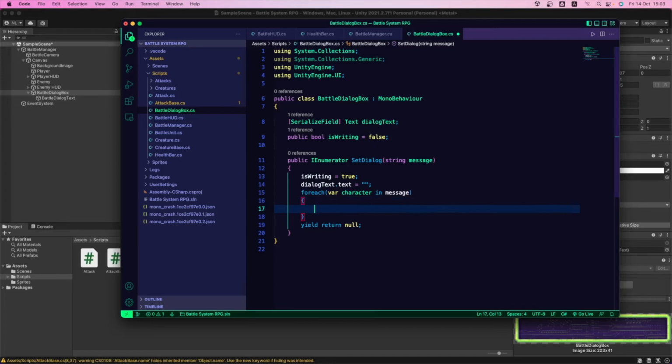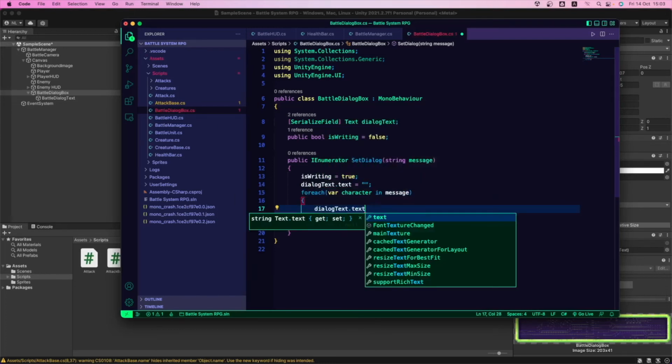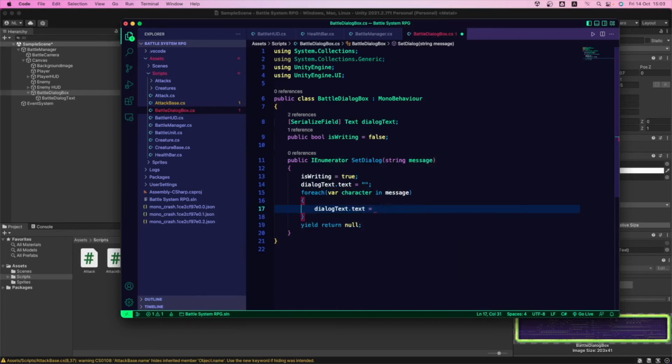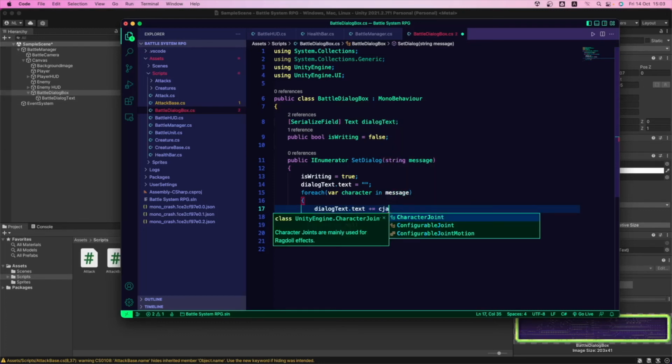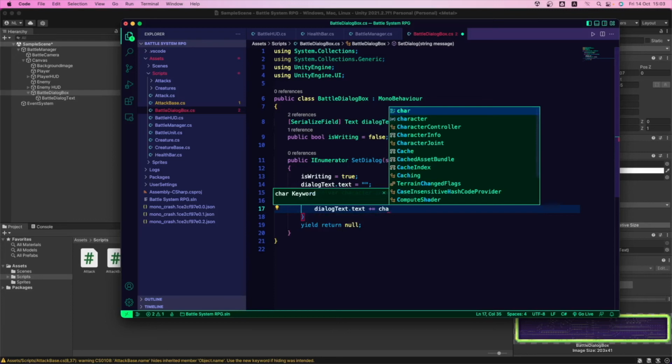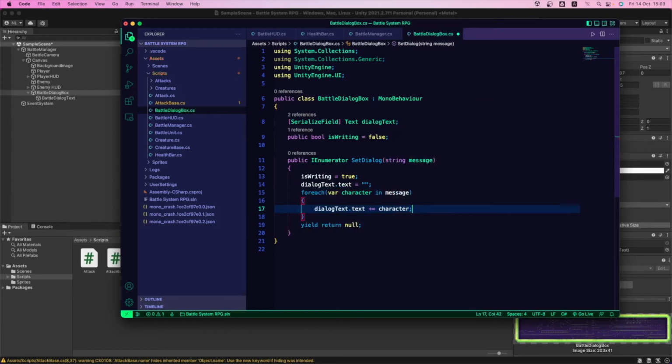We take the variable named dialogText, we go inside its text component, and then we're gonna make this math operation plus equal character, and now that's the way we are going to go adding letter by letter. But we can also say at which speed these letters are going to be added. Okay, so let's try this for now. Let's see if this works for now.